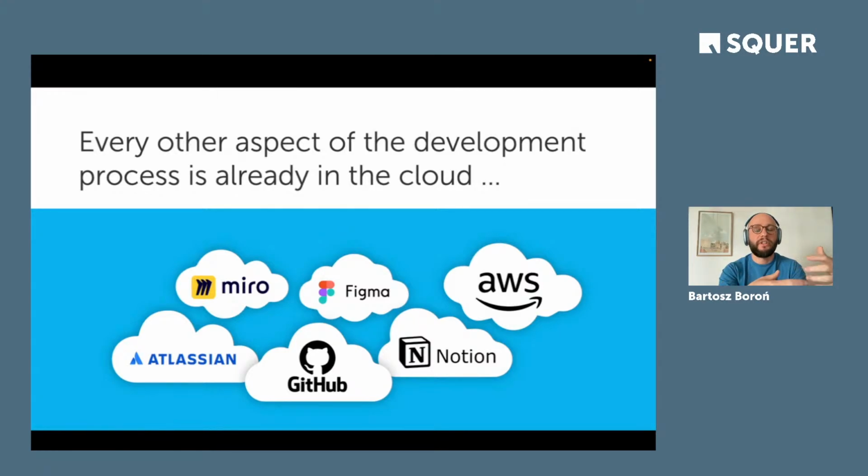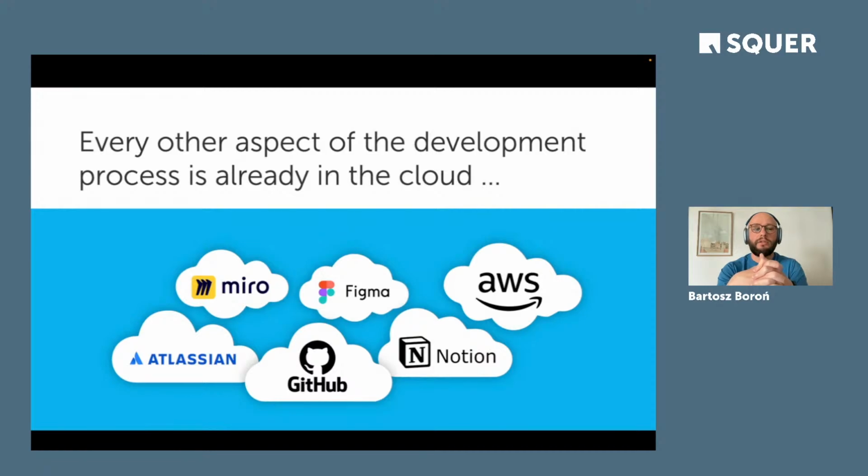Why can't we also bring the development of applications into the cloud? And this is not something I want to answer. I just want to leave you with this question. I do think it is kind of the future, but it's not yet ready here.